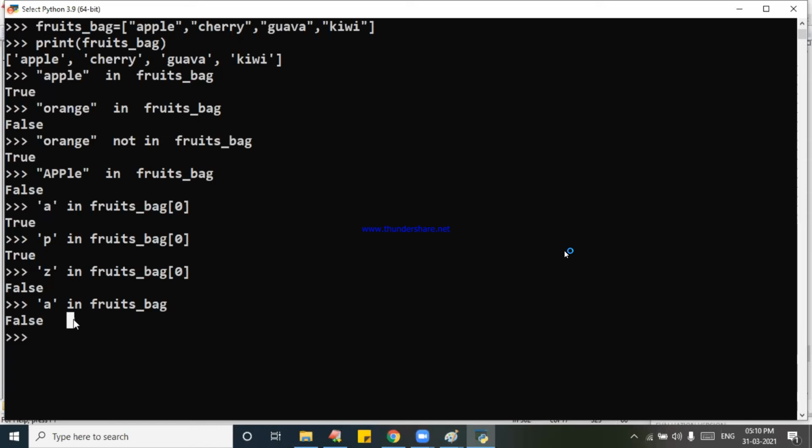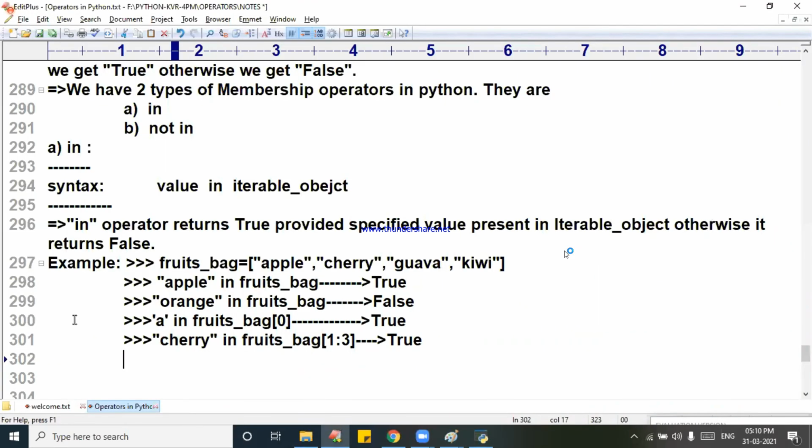In that native place, Kaushal Tata is present. Since indexing is not defined, you are getting this. Kaushal Tata, are you understanding? Very good. Now let us come to the point.